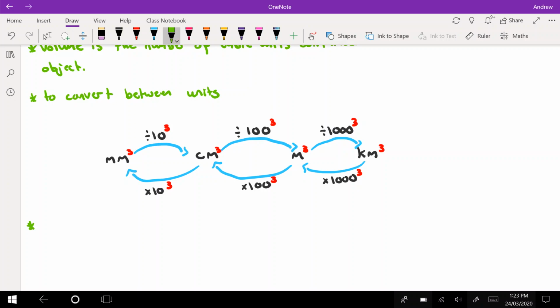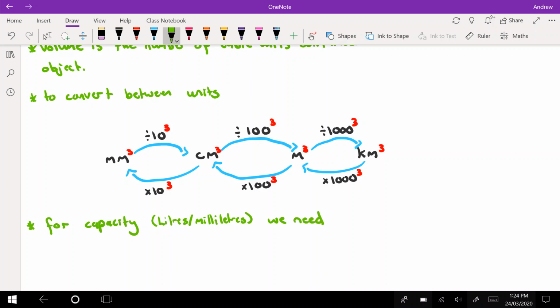We also need to talk about capacity. So for capacity, volume and capacity are often linked together. Volume talks about how much space is inside of a three-dimensional object. Well, we kind of think about that as solids. Capacity, we can kind of think of it as liquids, as milliliters, as liters, right? And so when we're talking about capacity, measured in litres or millilitres, it's important to remember